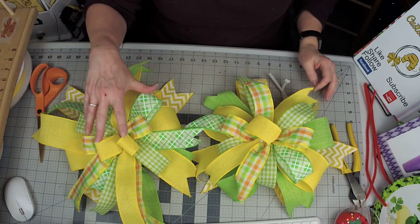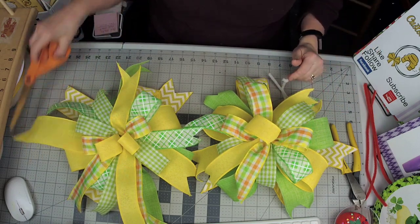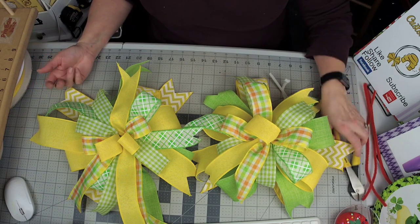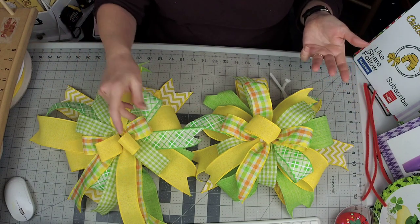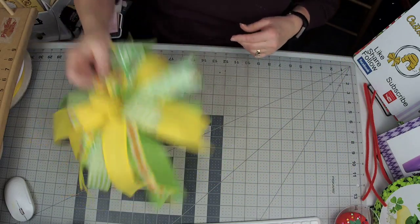All right, so this is the Easy Bow. This is the Pro Bow. I added 2 loops here instead of 1. Okay, so you can do any bow on any bow maker. It's just kind of learning how to do it. All right, now let me show you my